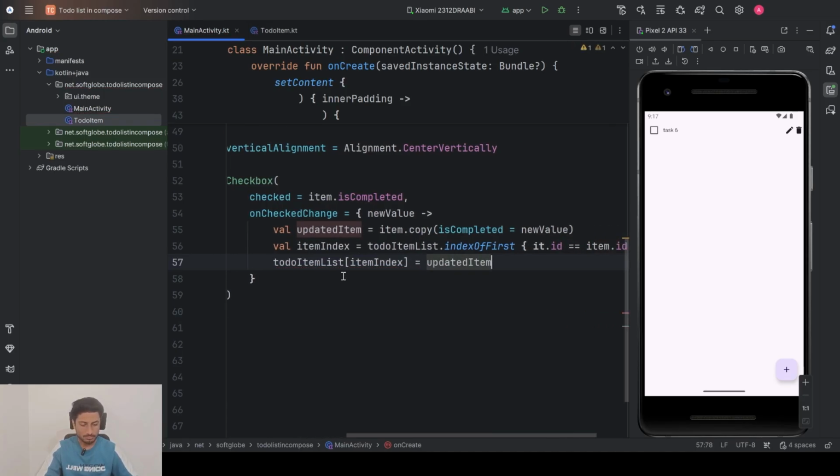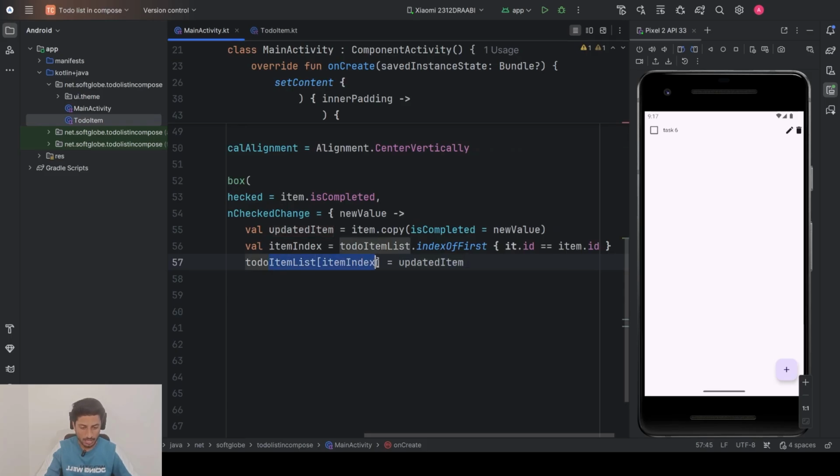Okay, now the item at this position in the list will be replaced with this new updated item, and Jetpack Compose will know and it will re-render. Okay, so